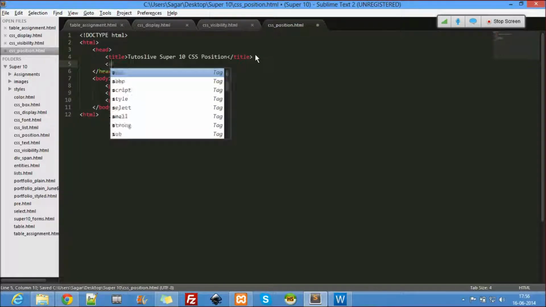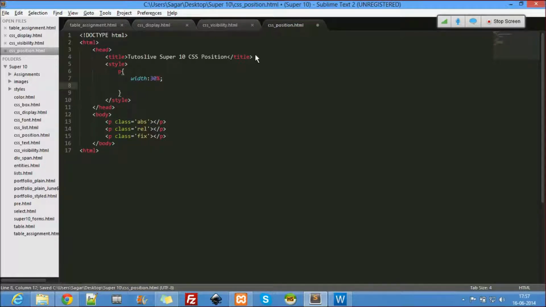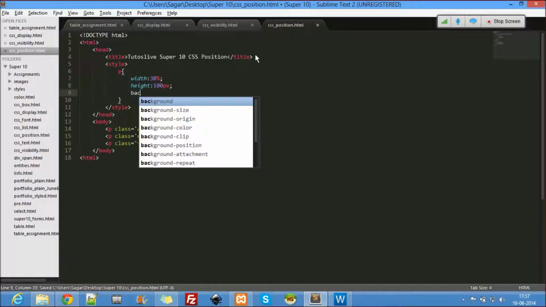So let's go back here, style it. Style to the P tag. I'll say the width, let the width be, there are three, right? So let's use 33% or 30% instead. Let's use a height of 100 pixels.